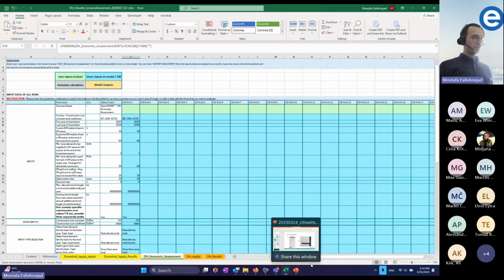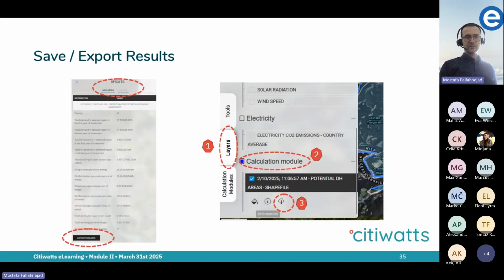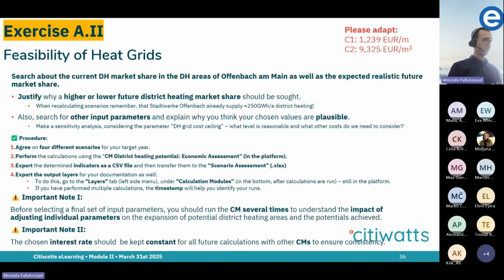My suggestion is that you do multiple calculations so that you get a feeling about the inputs and outputs, and how they have an impact on the analysis. With this, let's go to the exercise that we have provided. It's about feasibility of district heating grids. So search for the current district heating market share in a district heating area of Offenbach am Main, as well as the expected realistic future market share. You may decide also for other regions, but then you probably need to adapt these two